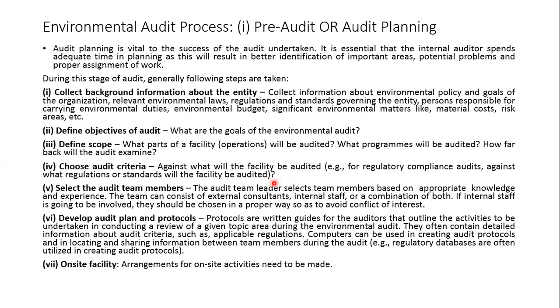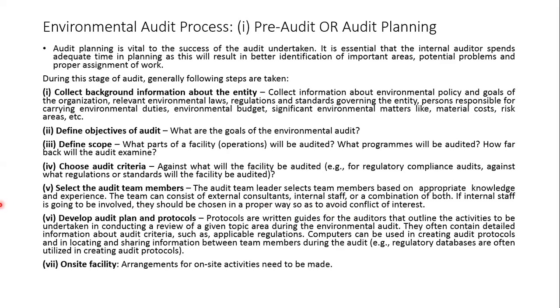For that particular parameter, I'm going to give you one case study in which you'll see what parameters they choose and what the range is for that. That will be given there. According to that, you can see whether it is satisfying or not. Select the audit teams, based on knowledge and experience: external, internal staff, or a combination of both. If internal staff are used, they should choose proper resources to avoid a conflict of interest. If people from some company are involved, the conflict of interest can come. So you have to make sure that this person is neutral.